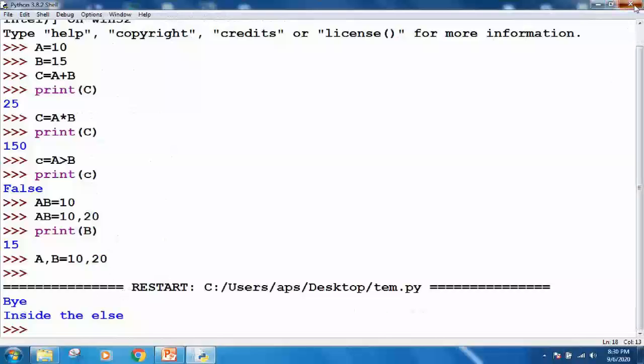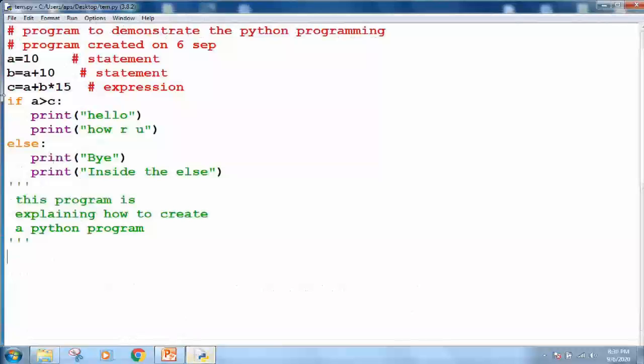Let me again show you how I can do it. This is my program, I have saved it. First, you have to save your program with the file name. The file name must have the extension .py, and then you run this program.